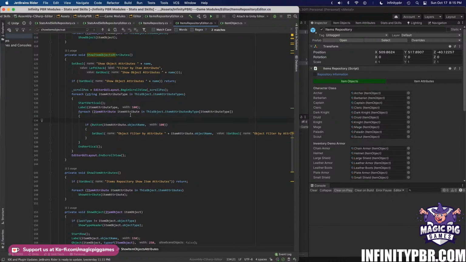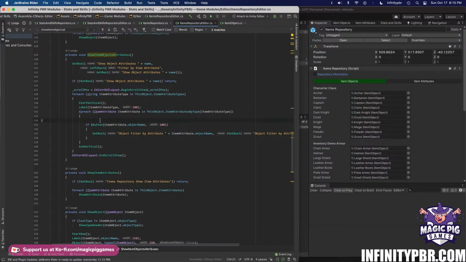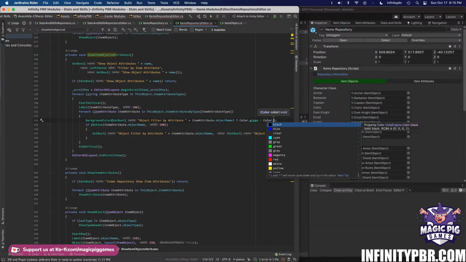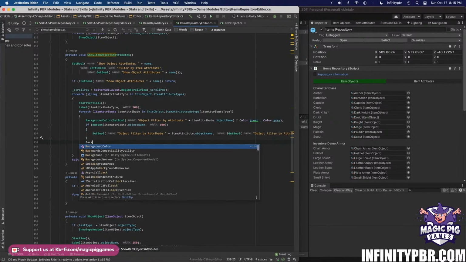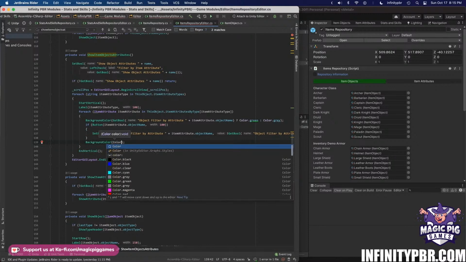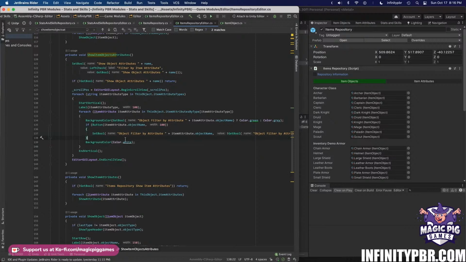Okay. And then background color, if it's that, then color dot green. Otherwise, color dot black. We'll go with that. Or maybe gray. We'll just keep gray. And then afterwards, background color, color dot white. And then